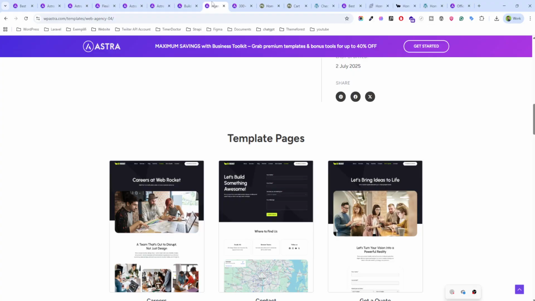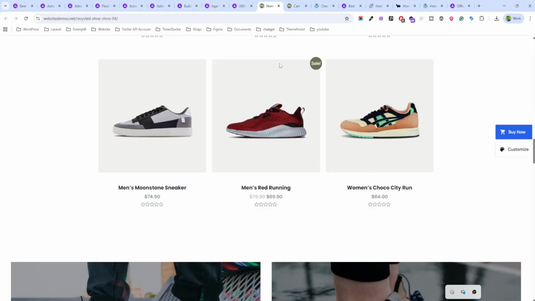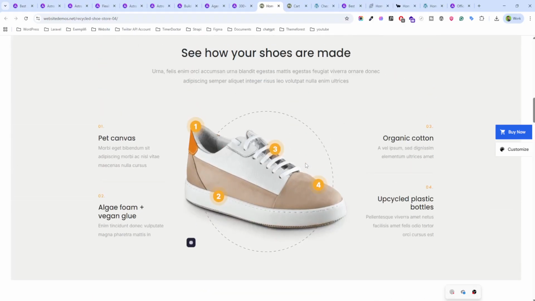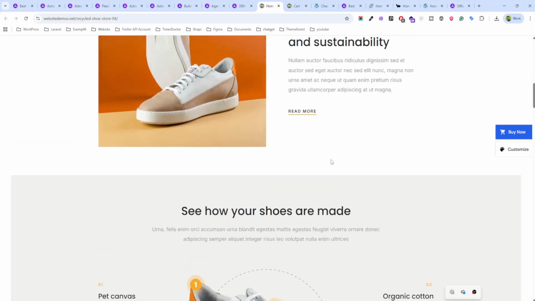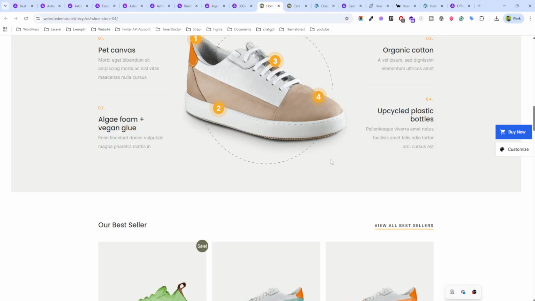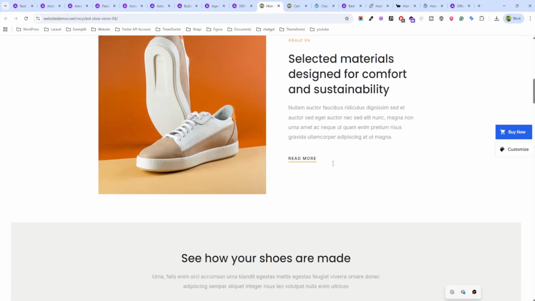So next part we are discussing the WooCommerce integration. What is the WooCommerce integration of Astra? When it comes to WooCommerce, Astra is a perfect champion. It helps you build online stores like this.